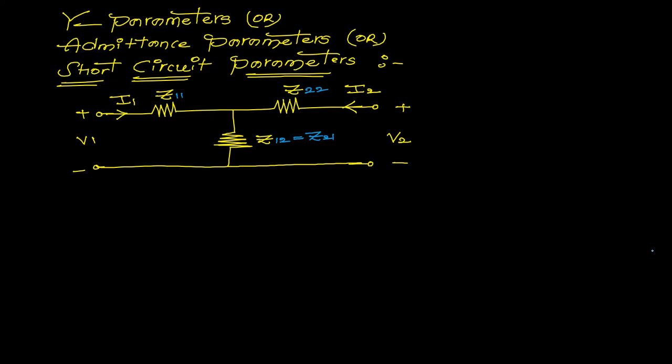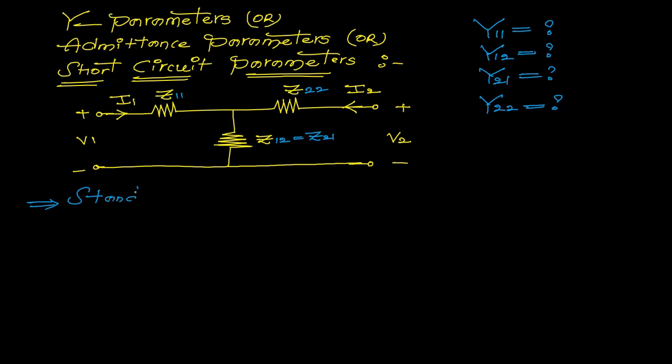So how many parameters are there in total? The Y parameters are Y11, Y12, Y21, Y22. All these are the Y parameters, or we can also call them admittance parameters. Now our target is to find all these parameters from this particular two-port network. Now, what are the standard